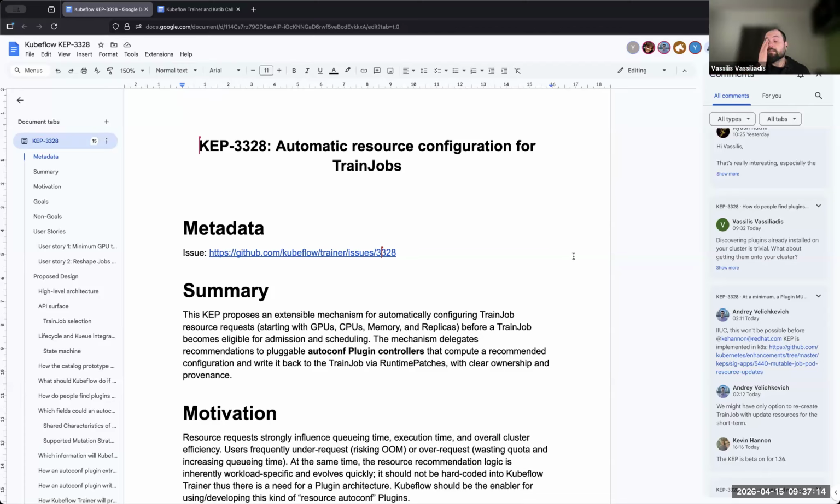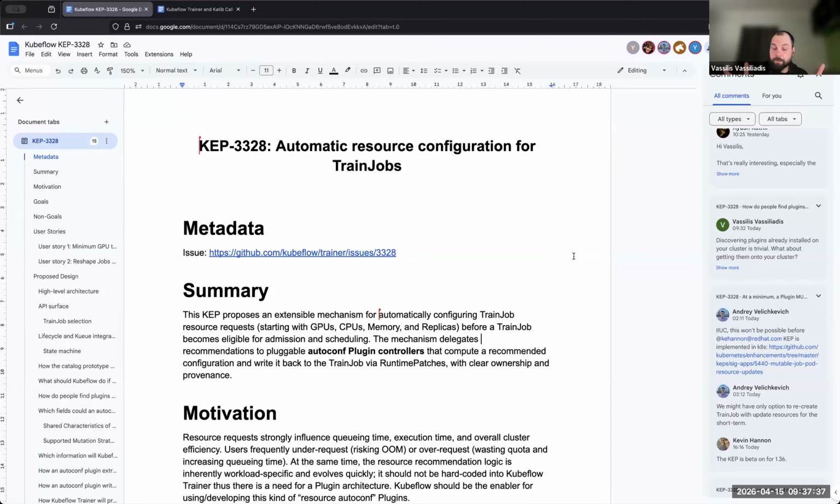Now, what that means is, depending on what you're trying to get out of configuring your GPUs, which is probably to maximize throughput if you're a user, or if you're an admin of a cluster, a platform engineer, your goal is probably to maximize the use of the cluster. And these personas typically have a little bit of conflict.